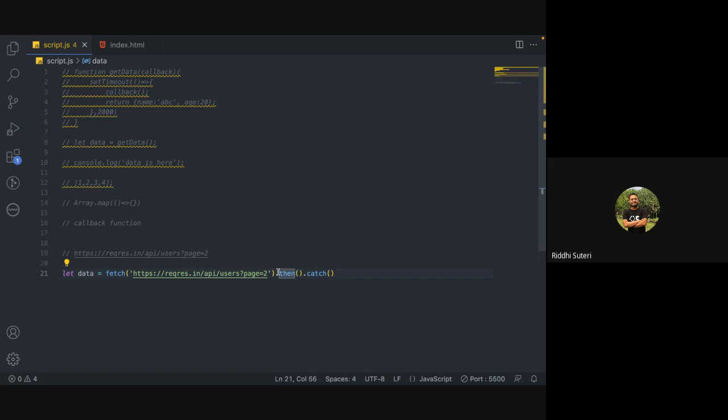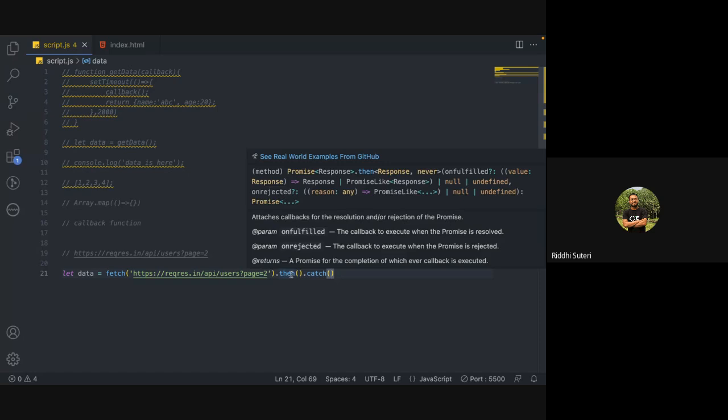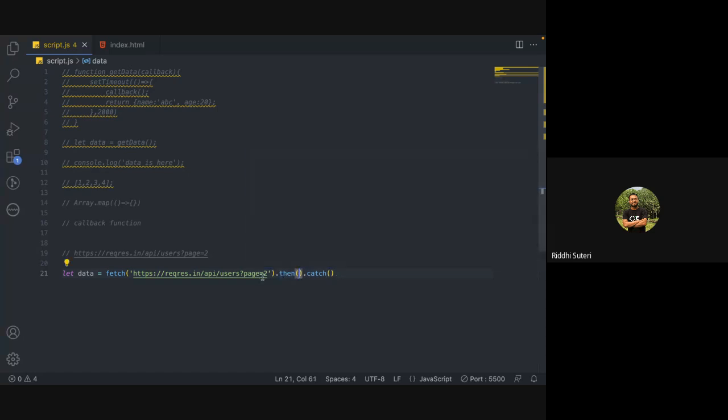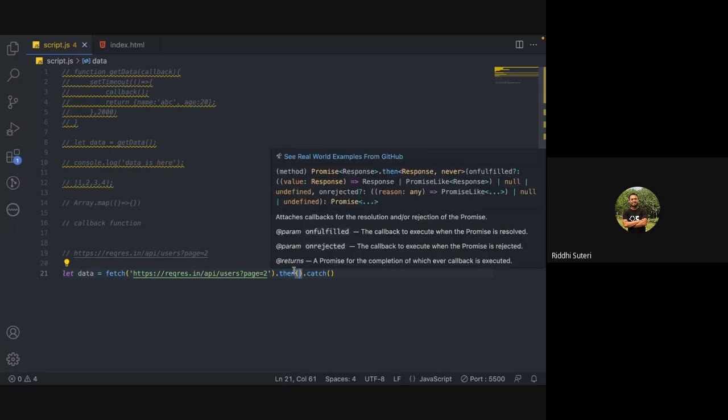सो व्हाट यू आर डूइंग इज, आई मीन आई एम श्योर ऑल ऑफ यू हैव सीन ट्राई एंड कैच, राइट, आप एक ऑपरेशन लिखते हो, आप ट्राई में लिखोगे, उसके बाद जो भी लिखोगे वो सब चल जाएगा, अगर ट्राई वाला मामला सही रहेगा, अगर उसमें कुछ भी गड़बड़ हुआ तो कैच में चला जाएगा, राइट, सिमिलर टू थिंग वी आर डूइंग राइट नाउ। सो हम क्या बोल रहे हैं, हम डॉट देन अगर लिखेंगे तो इसके अंदर हम जो भी लिखेंगे वो तब चलेगा अगर इसने प्रॉमिस को रिजॉल्व कर दिया होगा, राइट, और अगर ये प्रॉमिस रिजॉल्व नहीं हुआ होगा, रिजेक्ट हुआ होगा, तो वो कैच ब्लॉक में चला जाएगा, राइट। तो ये तो हो गया थोड़ा सा पहला वे, अगेन ये कंप्लीट नहीं है बट आई एम श्योर कि थोड़ा सा ऊपर ऊपर से यू आर गेटिंग आइडिया, ठीक है ना।